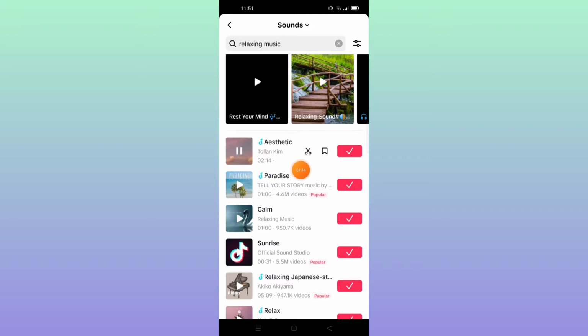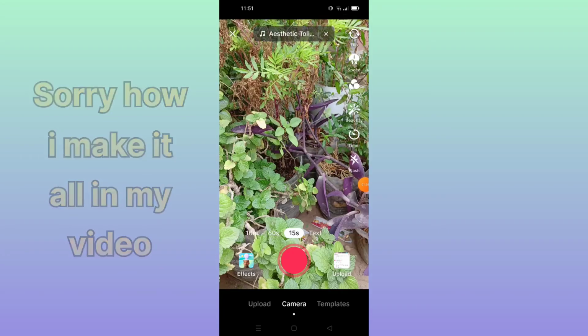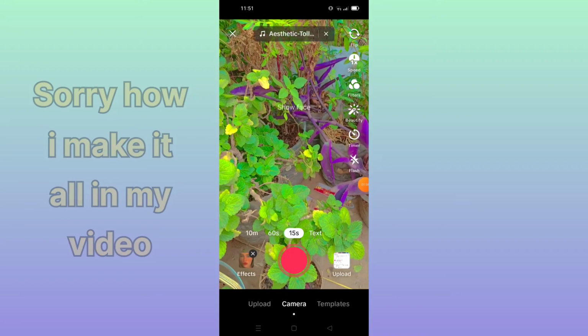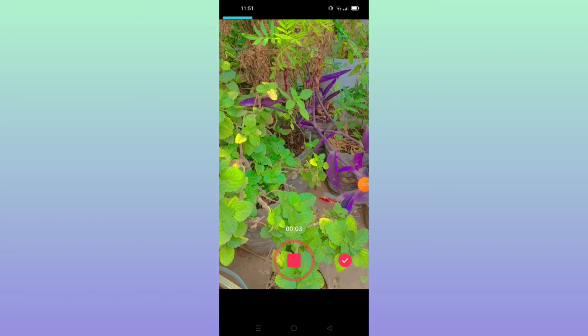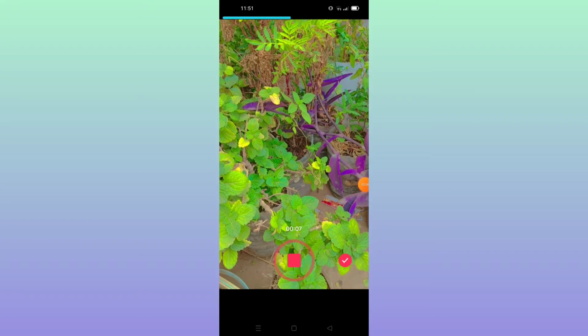Now how do I make this song longer? When you click on this red check icon, like this, I click on it, and I record a video.